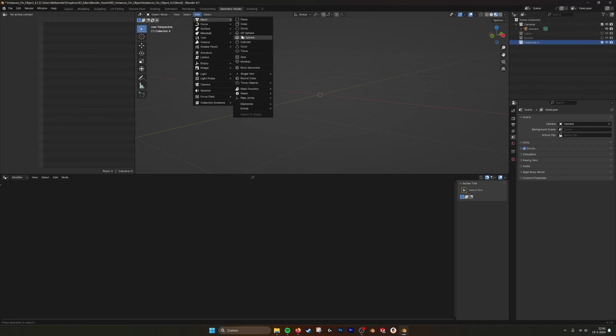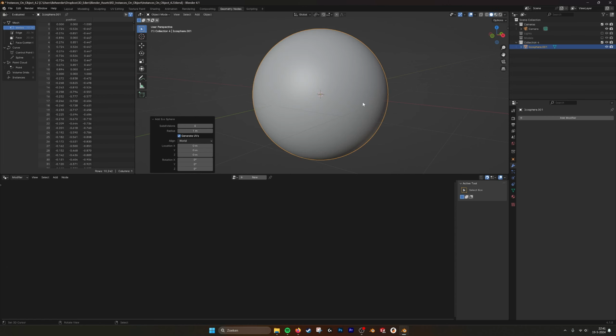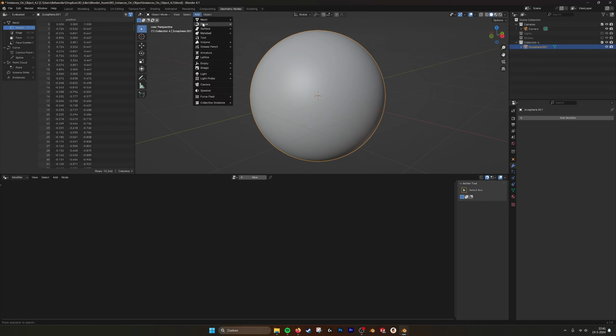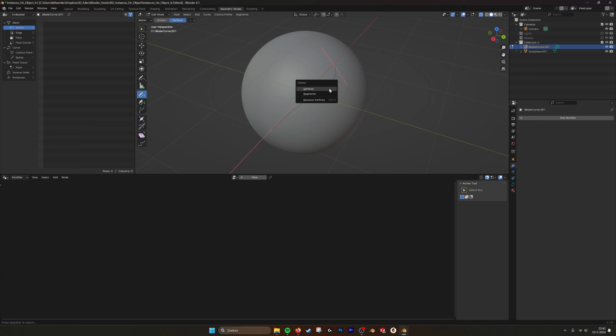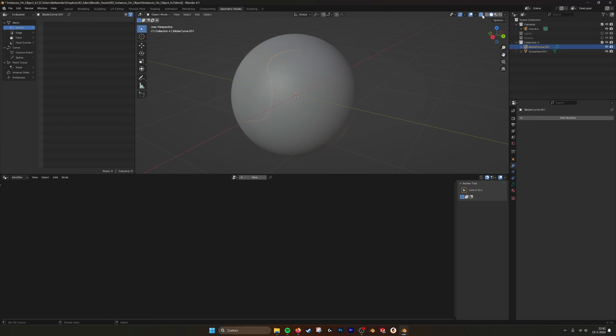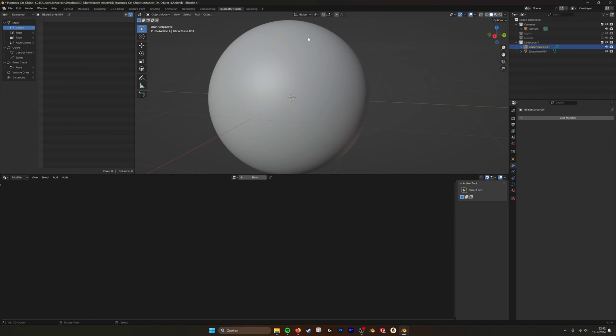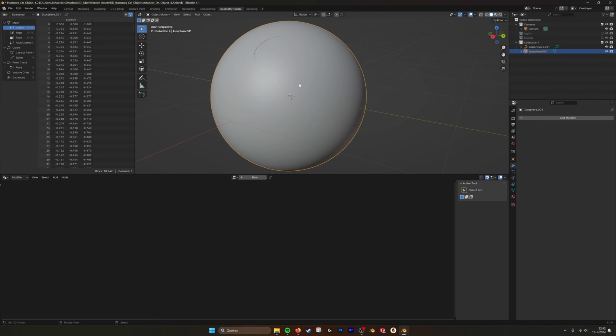I create an icosphere. Go into this mode, subdivision 6, so it's nice and smooth. Then next what I'm going to do is create a Bezier curve. It's right over here. I delete with X and then I'm just going to pick the draw on surface and then draw a curve on the surface. Now you see that it's aligned with the surface. If we go out of ghost view, you see that it's not exactly aligned, but we are going to fix